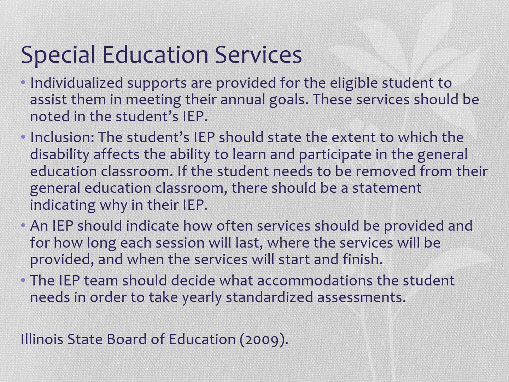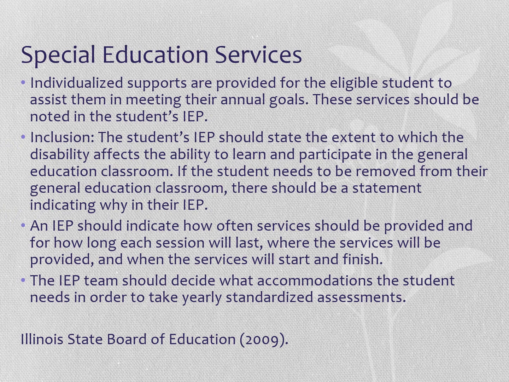Another part of the IEP is a description of the special education services the student will receive. Once it is determined that a student is qualified to receive an IEP, individualized supports are provided for the student to assist them in achieving their annual goals. In accordance with the principle of inclusion in special education, the student's IEP should state the extent to which the disability affects the student's ability to learn and participate in the general education classroom. If the student needs to be removed from their general education classroom, there should be a statement indicating why in